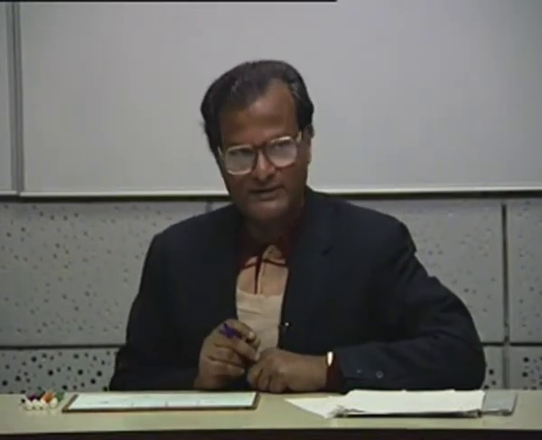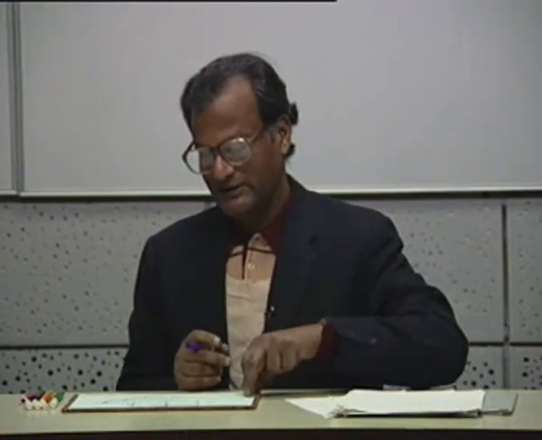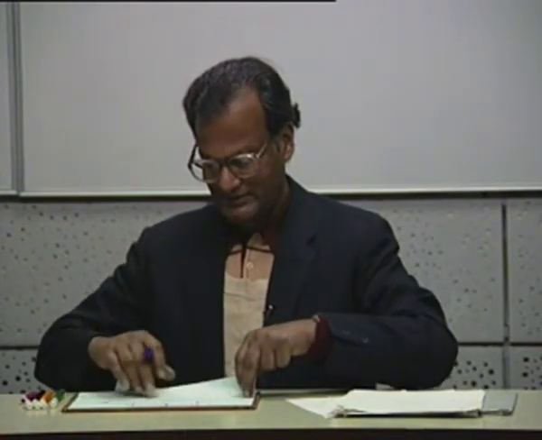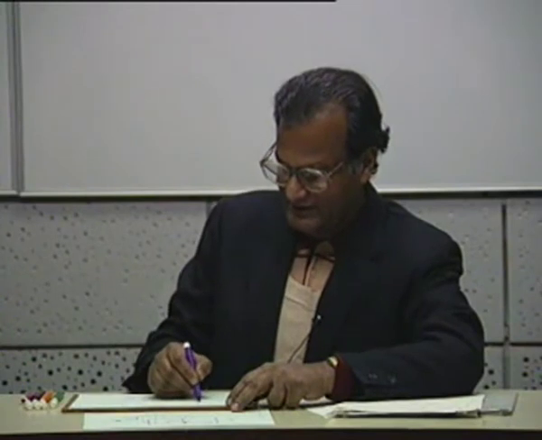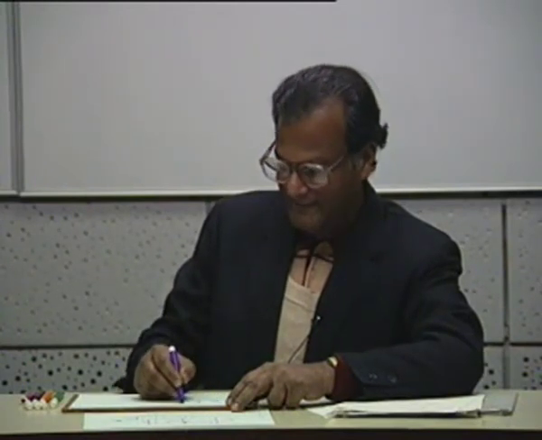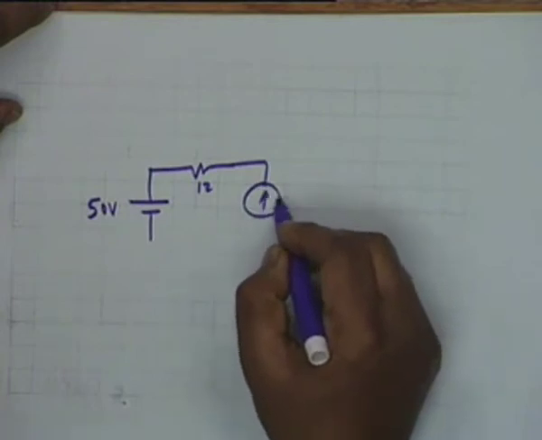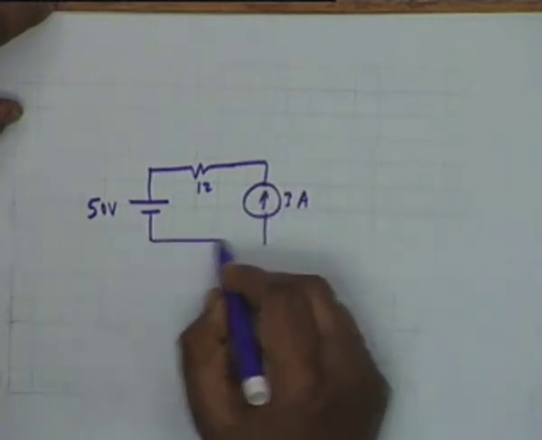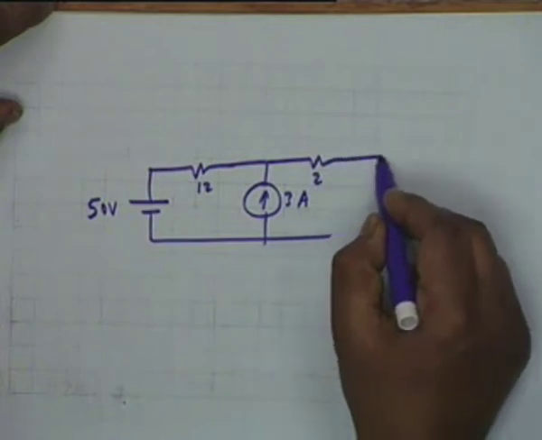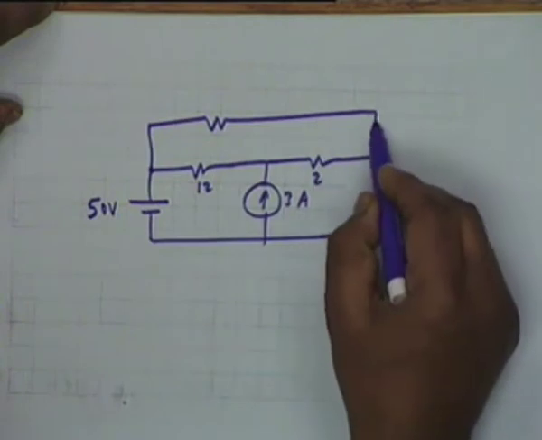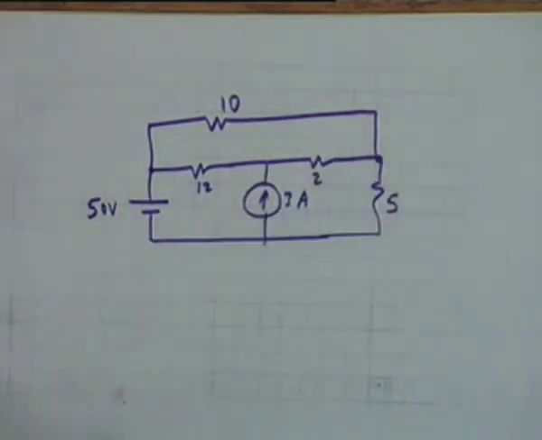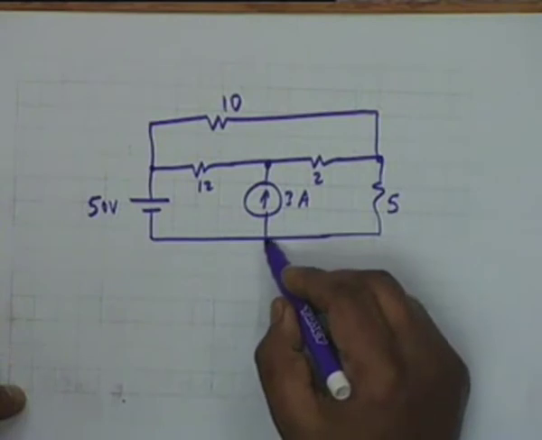I wish to take this same example to illustrate another method of solving the same network, and this method I wish to introduce like this. I will draw the network again: 50 volt, 12 ohms, 3 amperes, 2 ohms, 5 ohms and 10 ohms. In this circuit we argue